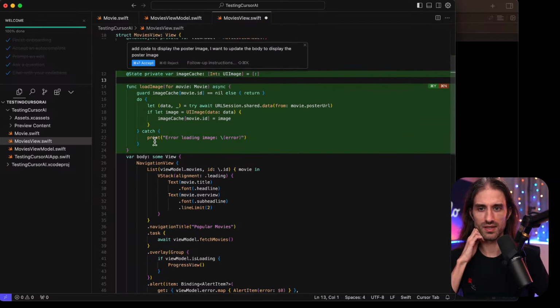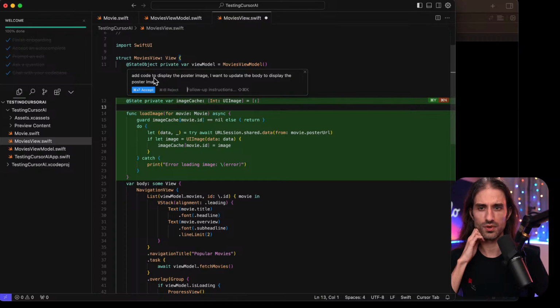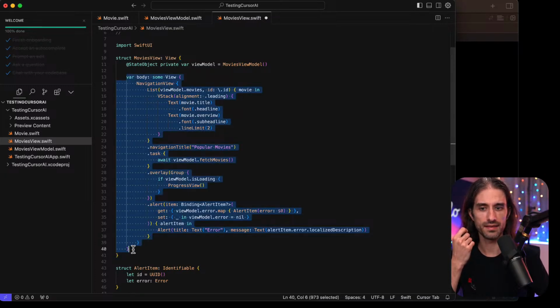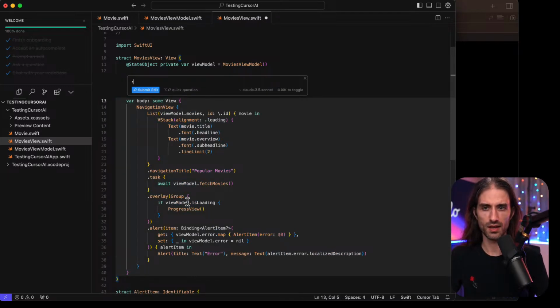Maybe, I don't know, do I need to accept that first? Because I don't want to have this cache. But I think what's happening is that since I'm clicking here, it's in a mode where it's not going to try and refactor and change code. It's just going to be additive. So if I select and then I do edit and I do add code to display the poster image,